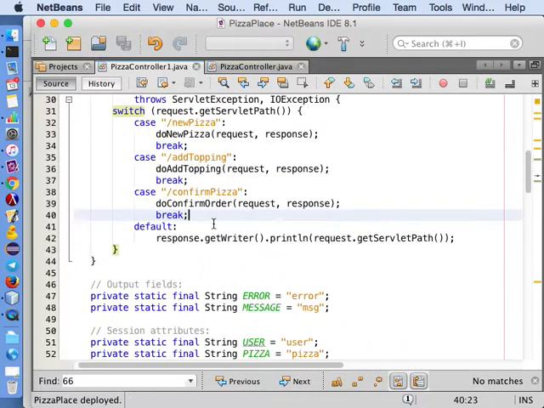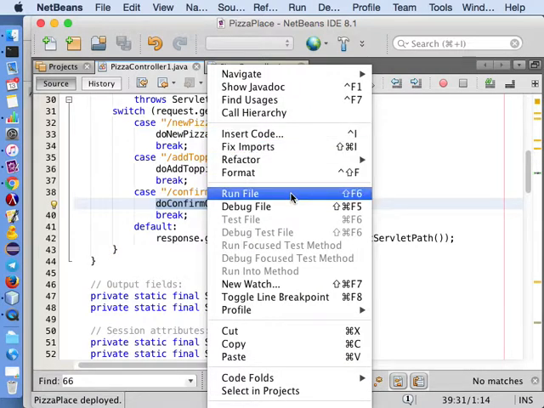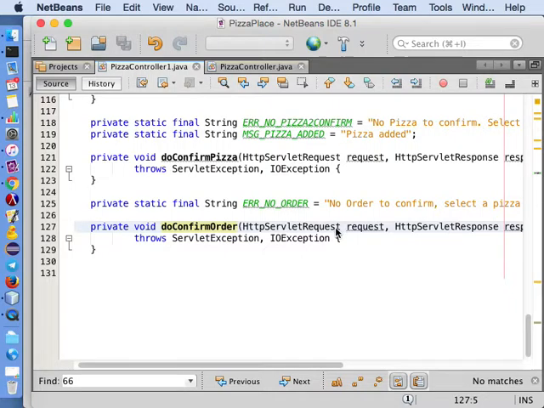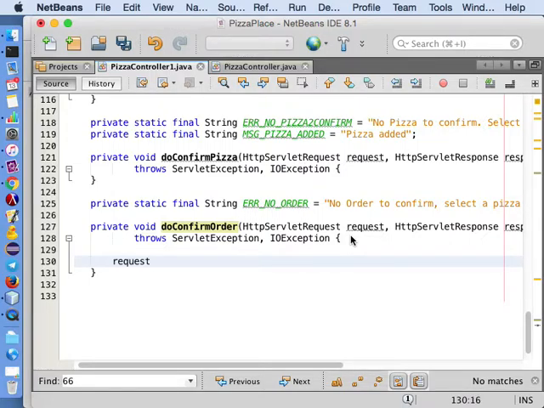Okay, I'm going to confirm the pizza. I'm going to the declaration. Okay, why would I do that? What if I want other pizzas? Well, I have a page where I can select a new pizza or where I can click to start paying. That page? Okay, so